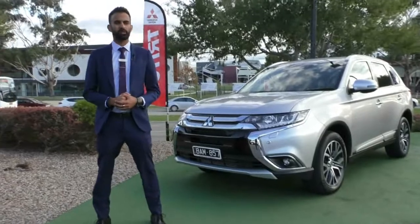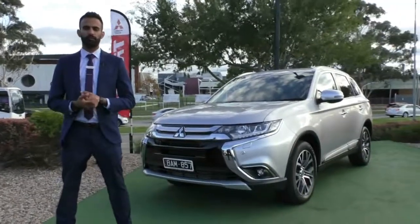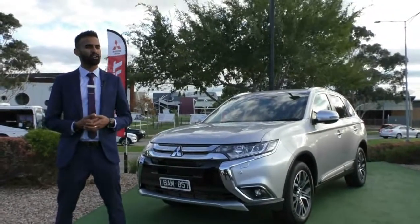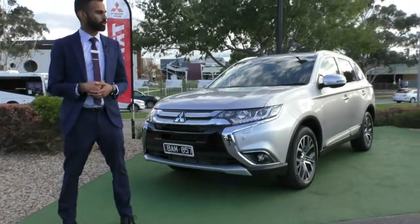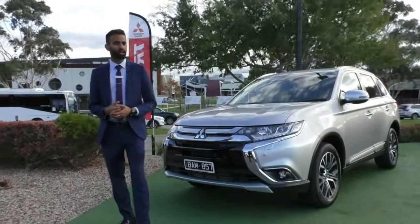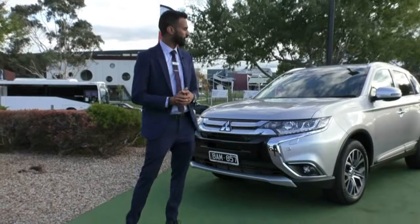Now, it does actually qualify for a premium mechanical protection plan. Now what that is, it covers you for 5 years or 200,000 kilometers on the clock for 181 parts of the car, and that does add to the new car warranty, which this car does still have a couple years remaining. If you want to hear more about that plan, or come and check out the car for yourself,